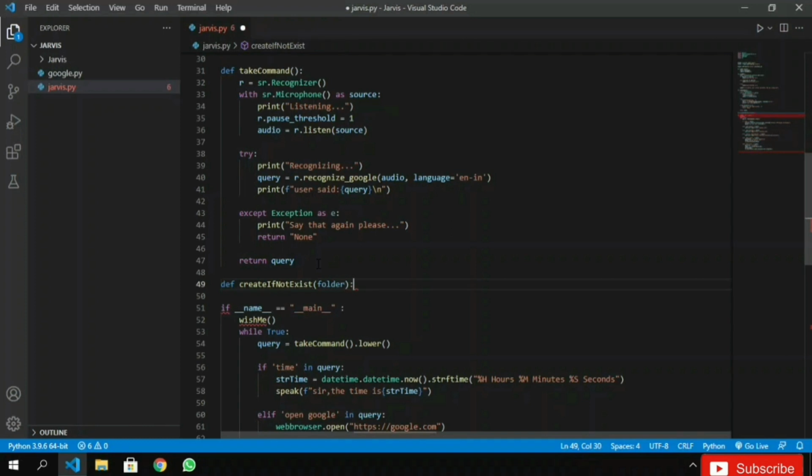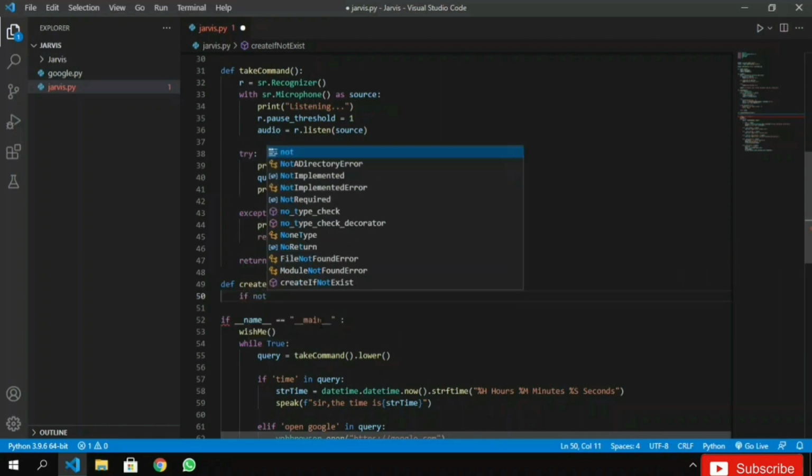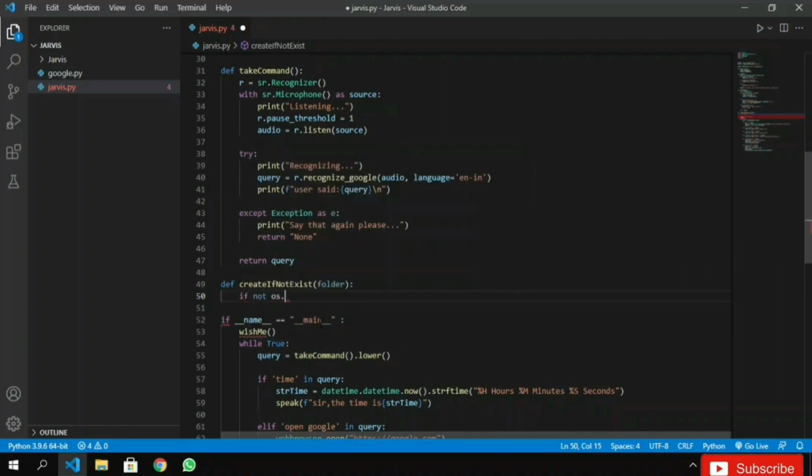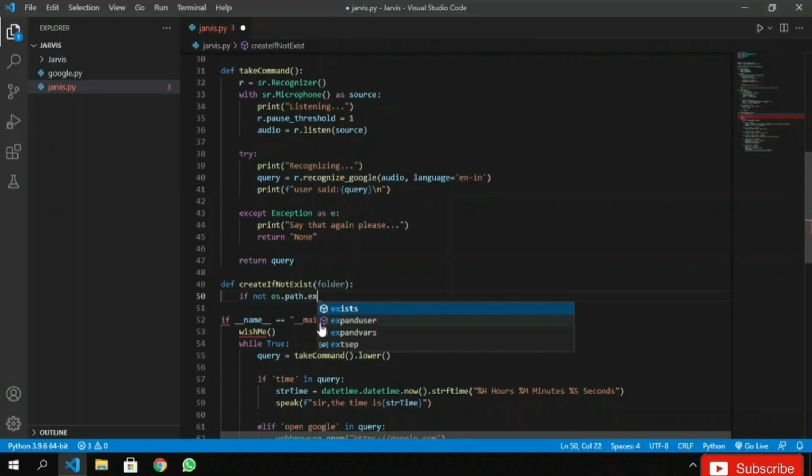Then if not os dot path dot exists, open bracket